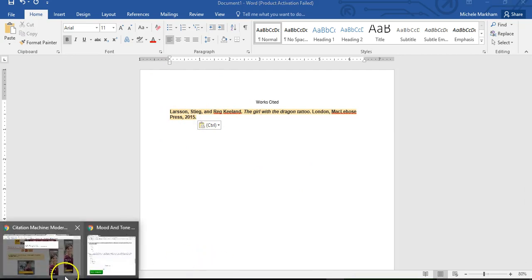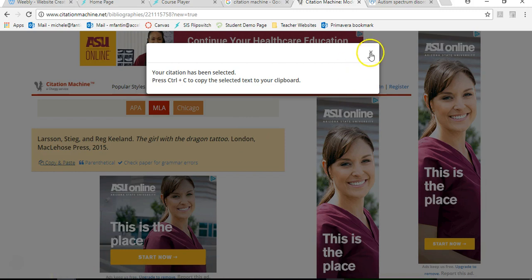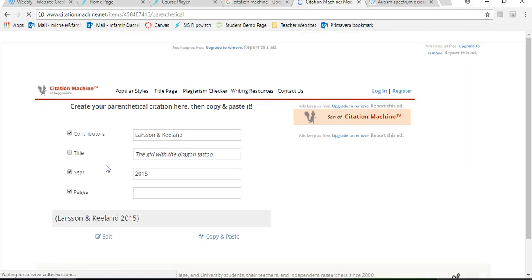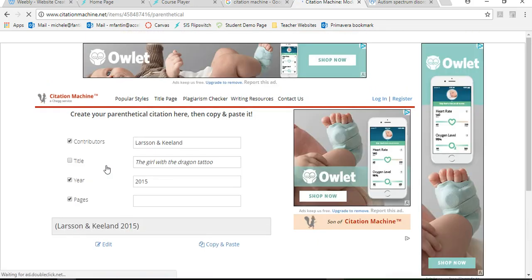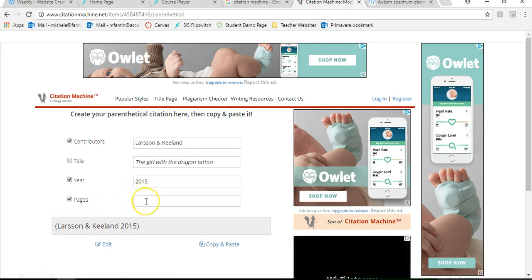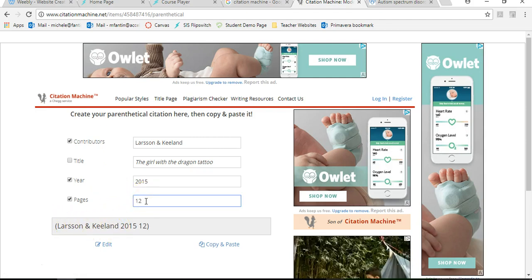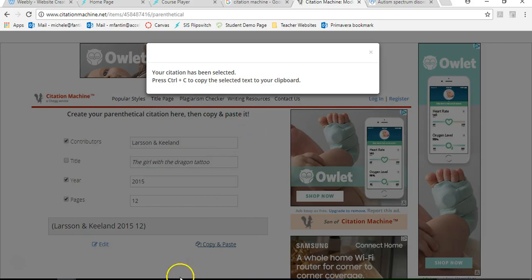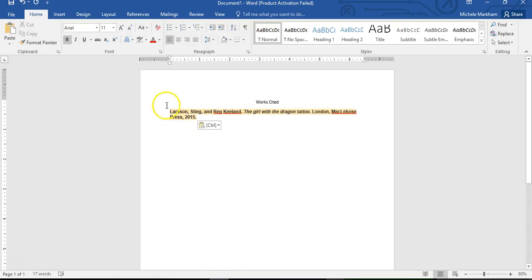Another thing it did for me, if we go back here, is it'll do the parenthetical citation for me. This is what I want the inside to look like, right? So this is written by two people, which can be confusing. And I want to talk about page 12. I'm kind of going to reference something that happened there. I'm going to copy and paste it. And then in my paper,